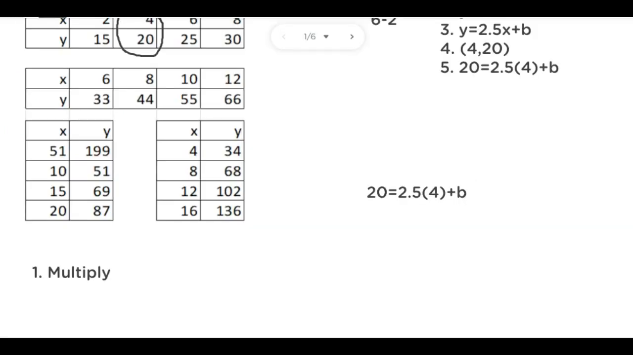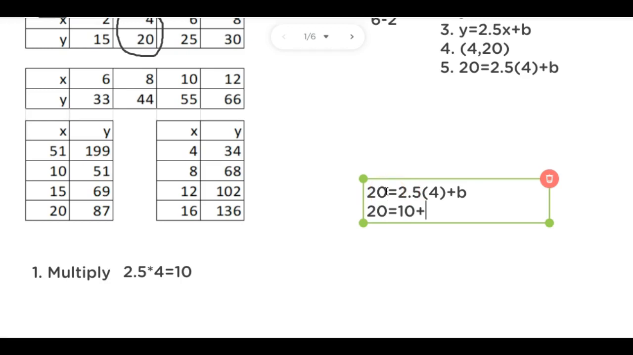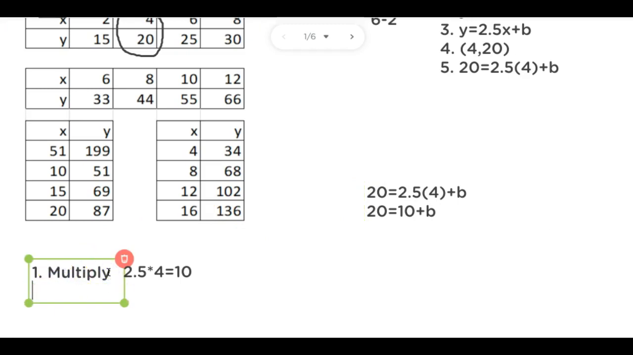Okay. So let's go back to our class kick. 2.5 times 4 is 10. And I'll show that here. 2.5 times 4 equals 10. Okay. Let's bring this down here by the multiply. All right. Next step. So we got 20 equals 10 plus b. So step 2 is going to be